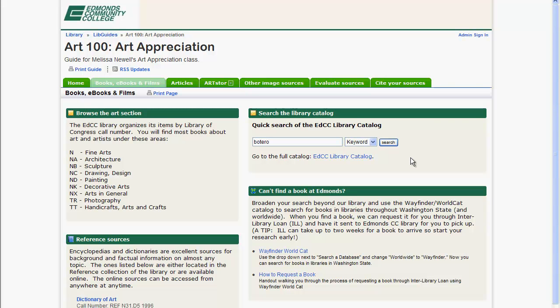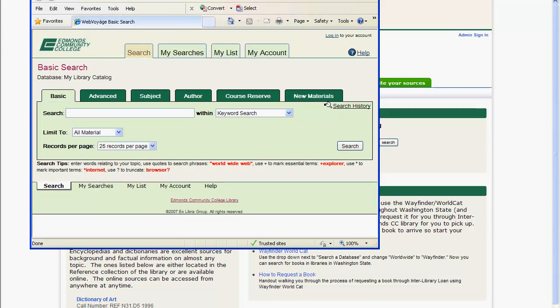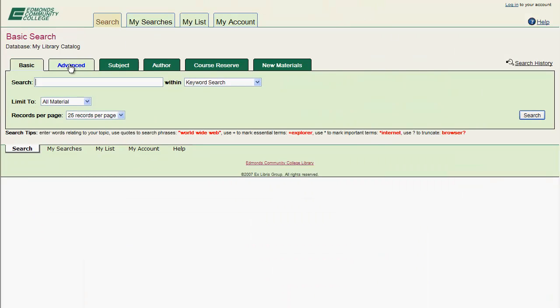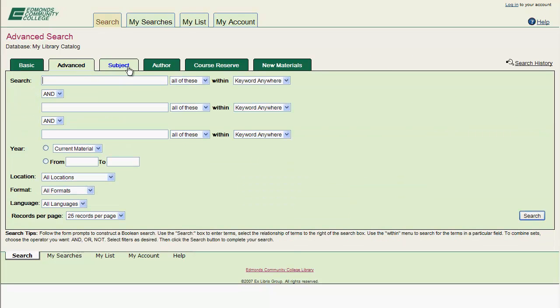I know that our search only found one book. I'm guessing that there might be others in our library that have sections or chapters or at least pages about Botero. So I'm going to broaden my search out a little bit, and I'm going to do that by going to the full catalog. I'm going to click here. Takes me out to the catalog, and I'm going to select Advanced Search, and I'm going to search on